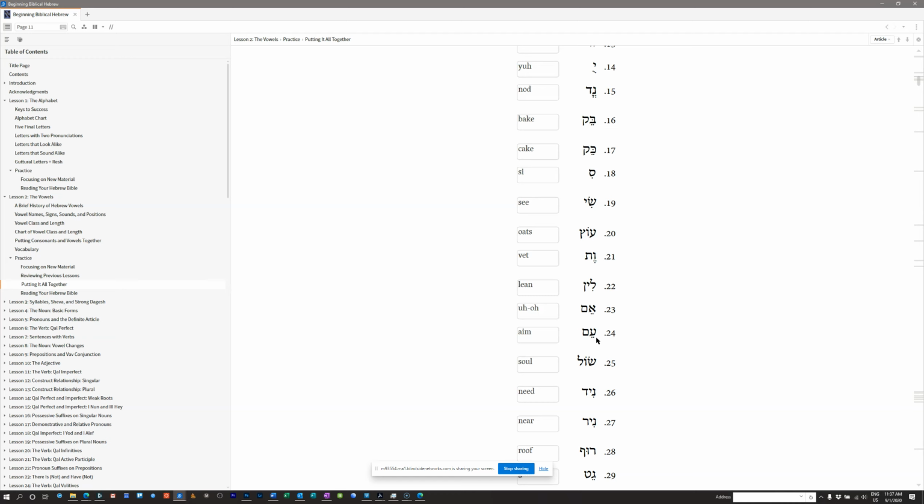In that case, it may be helpful to have a different way of articulating those sounds so that you can keep them straight. So, all that to say, pronunciation is helpful because if you learn pronunciation well, it will really help with vocabulary and reading and all of these sorts of things. But understand, you're not learning how to speak Hebrew, you're learning how to read Hebrew.